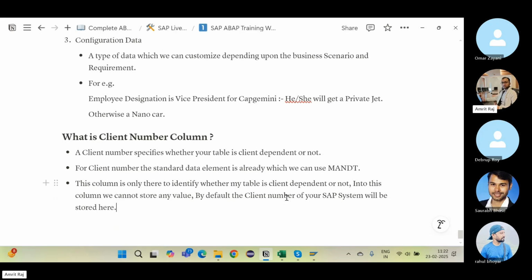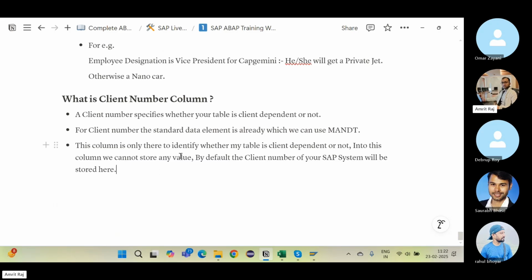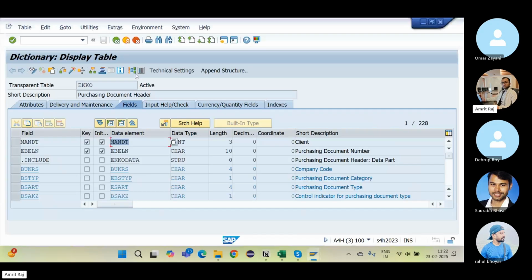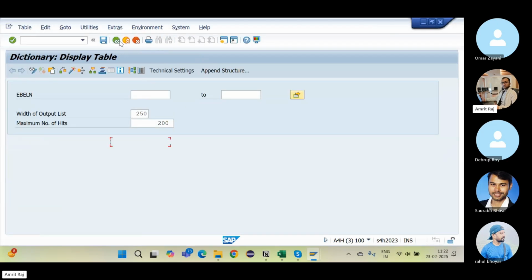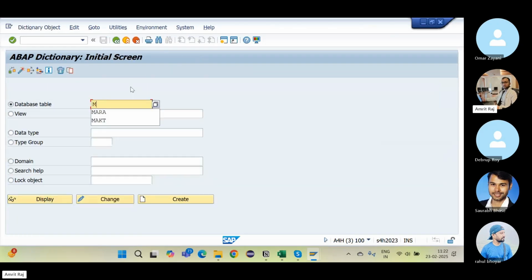By default, the client number of your SAP system will be stored here. So just go and check. Let's say I'm going for EKKO, content, execute button. Oh, there is no data in this table. Okay, I will open MARA,